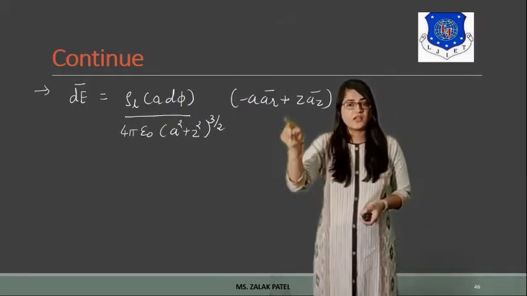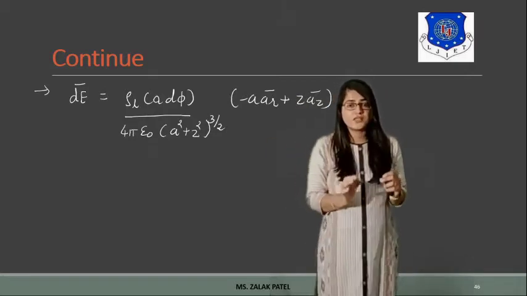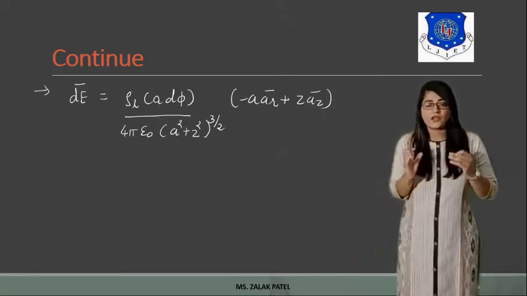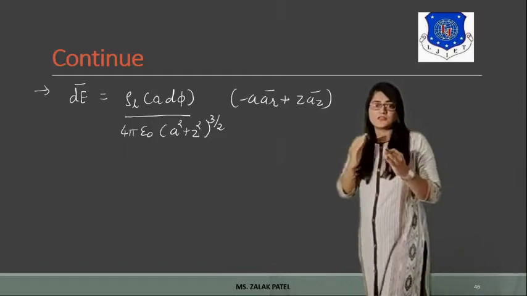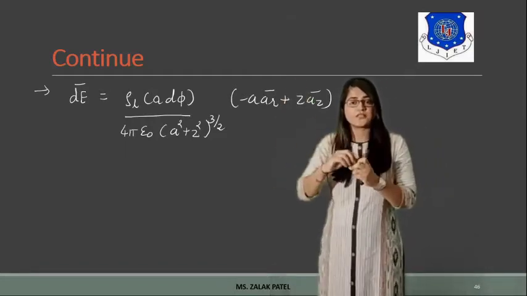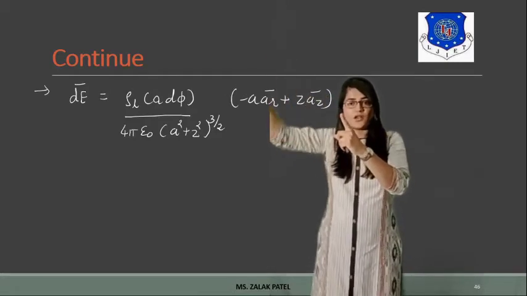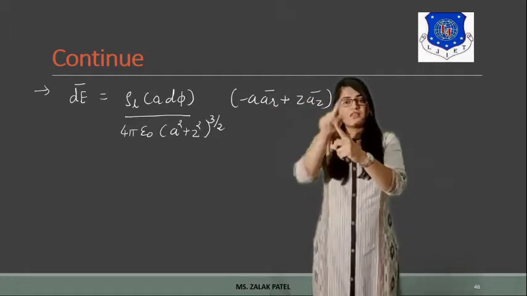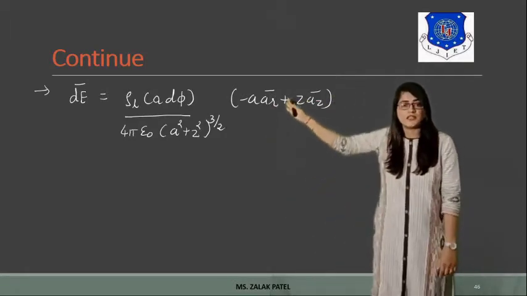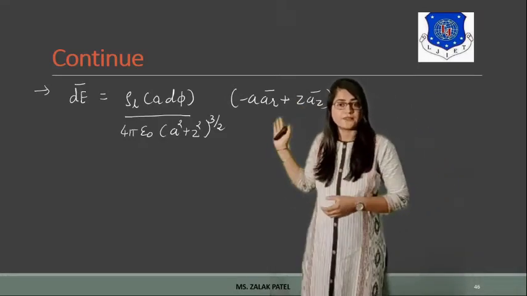dl means differential length, but that differential length is on a circular path. So in a circular path, at each point the angle will be changing, and that's why this angle is taken as a reference with respect to the particular radius. Suppose this is the center of a circular ring and we have to measure in all the directions, so each time the angle will be changing. So that's why here rho L a d phi is written. So the final equation would be like this.